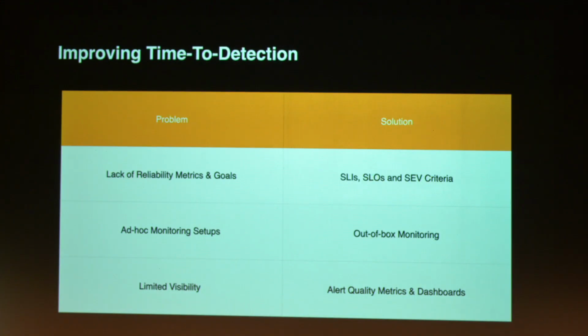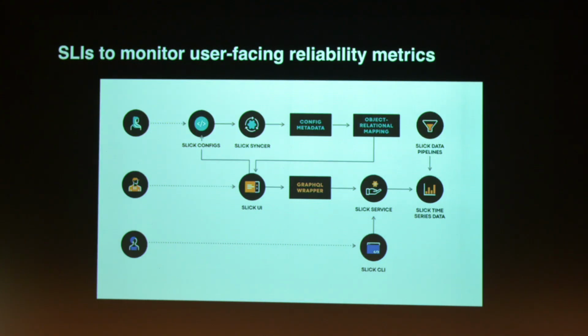So I'm going to go over the solutions right now in the following slides. For SLI, SLO, SIP criteria, we published in our production engineering blog a service called Slick that does this at Meta, so you'll be able to find much more detailed information there. But basically, to make sure people adopt these, we had to champion this effort. That meant we had to pull people in and educate them on what SLI and SLO mean, because these are brilliant software engineers, but they have no idea what these things are because they're relatively new terms.